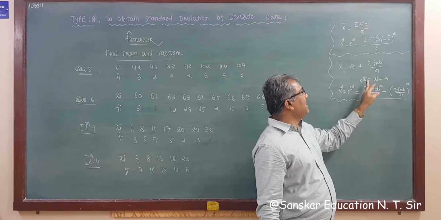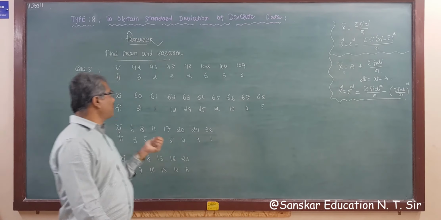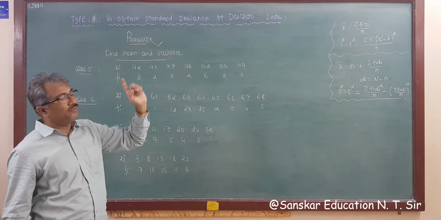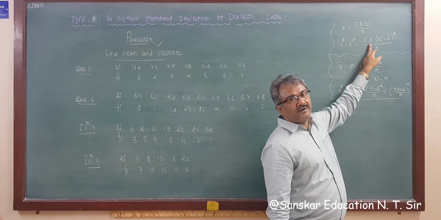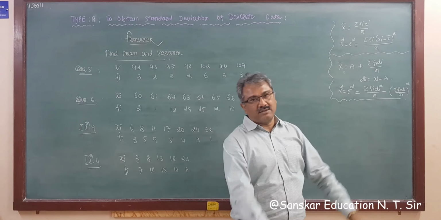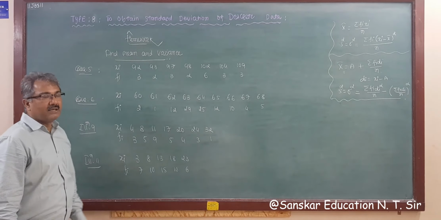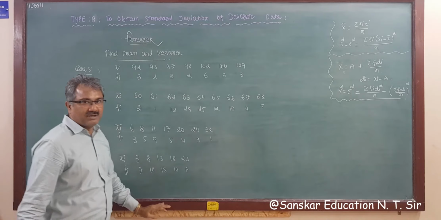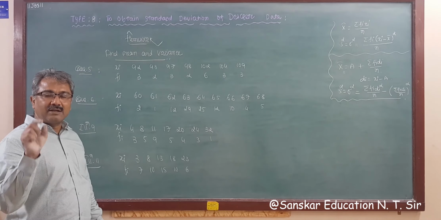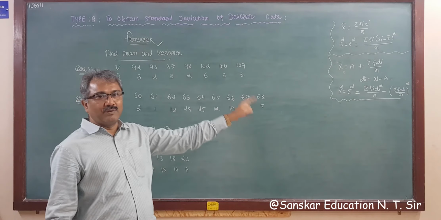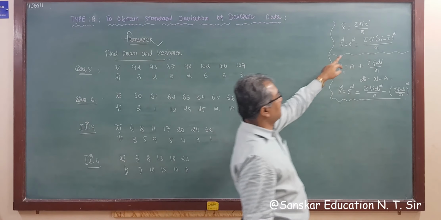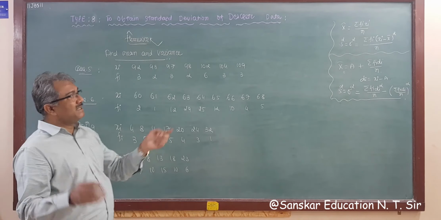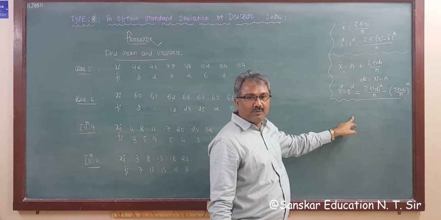You have to assume di is equal to xi minus a, so you have to assume the mean from here and then count, right? So observations are 98, 93, 94. Never go for this method, because in this you will find difficulties, because you have to multiply large numbers and sum large numbers, right? That's why I suggest using the short method for all 4 examples. In the exam also, I request you to always apply the shortcut method, right? Never use this method. But you have to remember it also, for MCQ purposes, and this is the base, and from this we derive this formula, right?